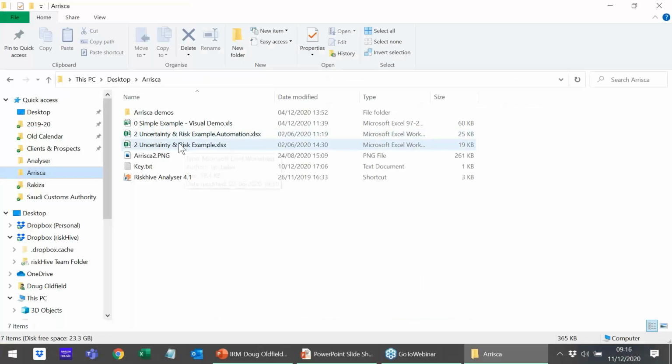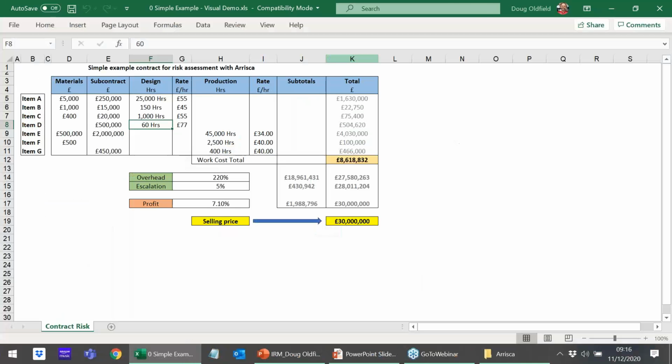So if I just load up my little example model here, this is a really simplistic example model that I like to use. The reason I like to use this is because it's nice and simple with all of the information on one page. In real life, typically the models that I see are much more complex with a lot more tabs and inputs. But this one is a much easier one to demonstrate.